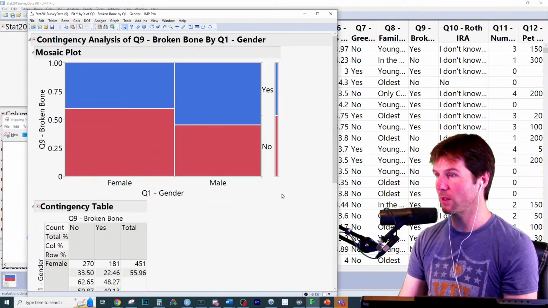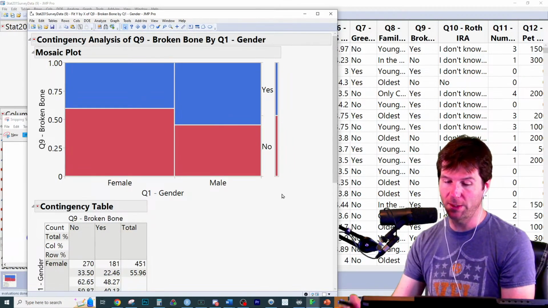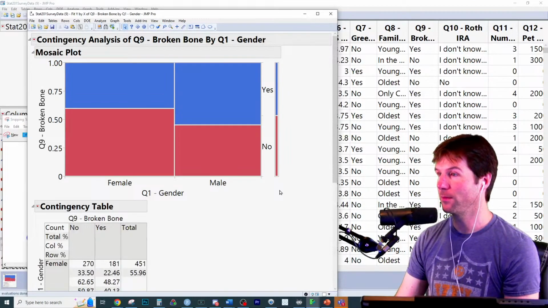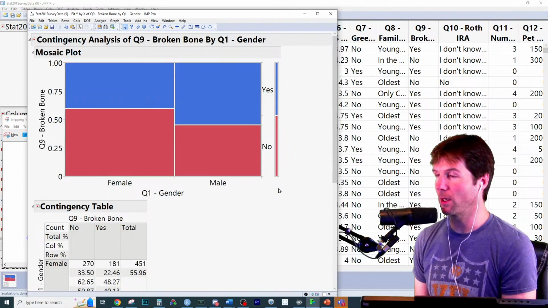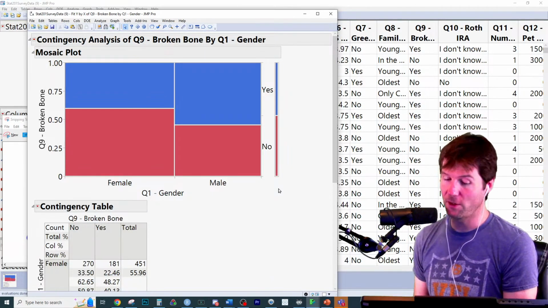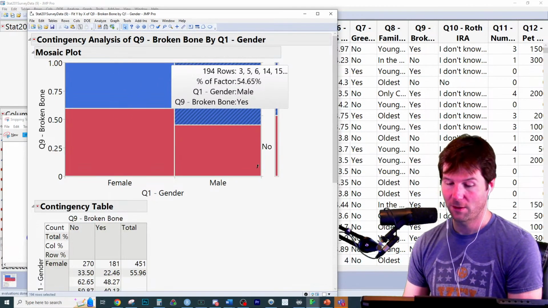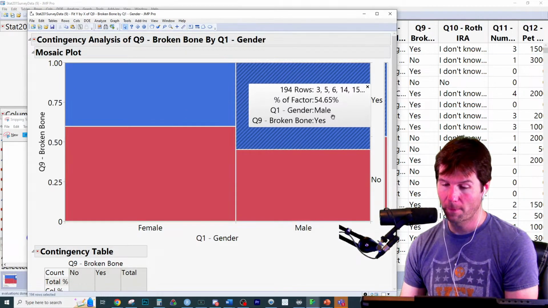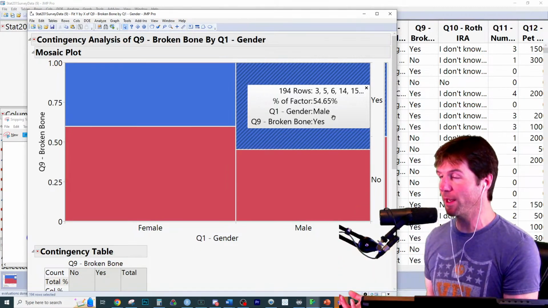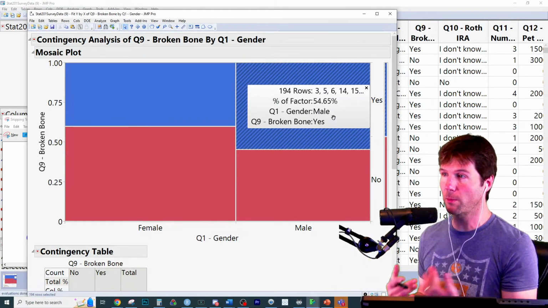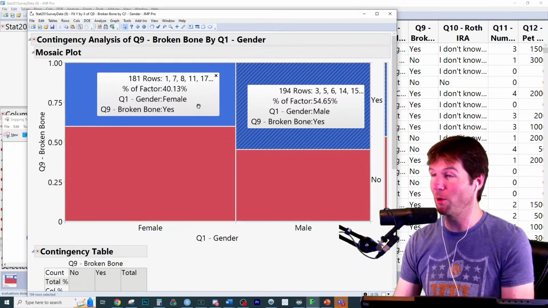So think about how you'd write this up. My initial belief is that gender is independent of breaking a bone. I now have what? That gender is what? Because my p-value of 0.001 is less than my alpha, I'm going to reject that gender and breaking a bone are independent. I have evidence that they are dependent, right? And it looks to me that males are more likely to break bones than females. It doesn't mean males break bones. It just means they're more likely, and there seems to be an association between someone's gender and the probability of them breaking a bone. So that's like a 5-minute summary of the whole chapter.